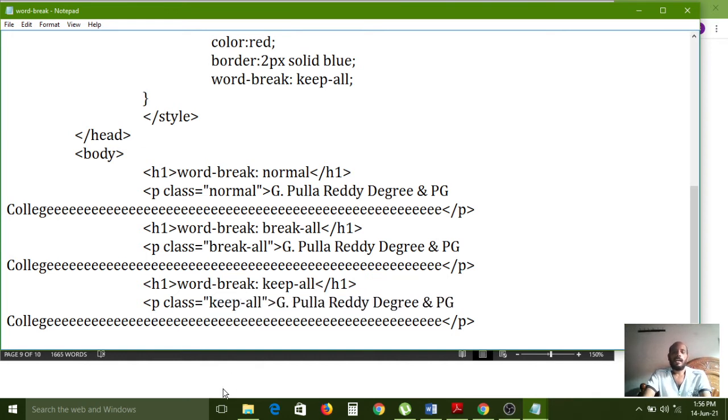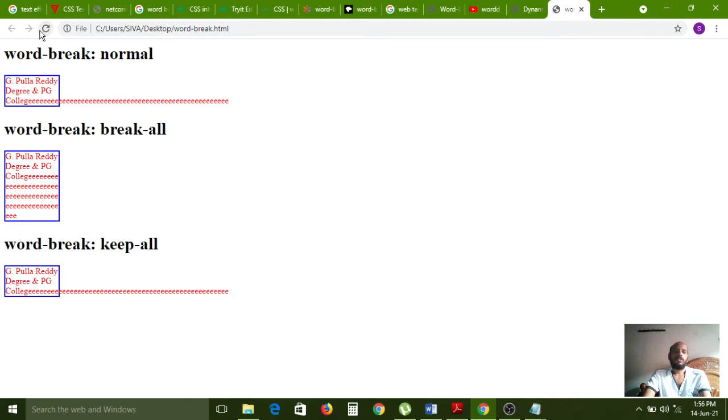So now the normal output will show. So what is the first output? The normal value and keep-all value are both the same. One value has been deprecated in the new version, because one is a CSS first version property and the other is a CSS third version property. So that's why one value is deprecated, and one value is maintained by CSS. Understood? So that's why they have given two values. One value is not used anywhere.